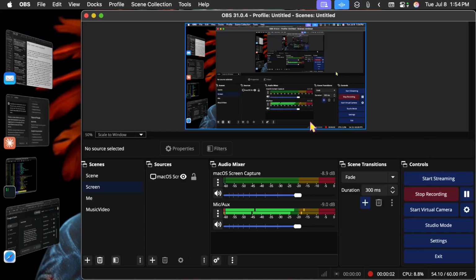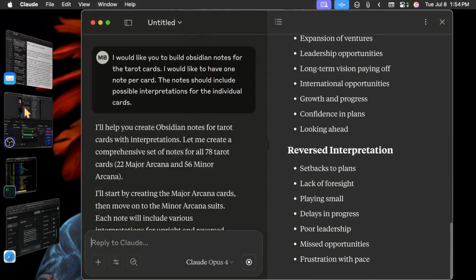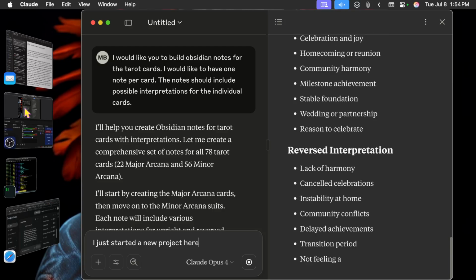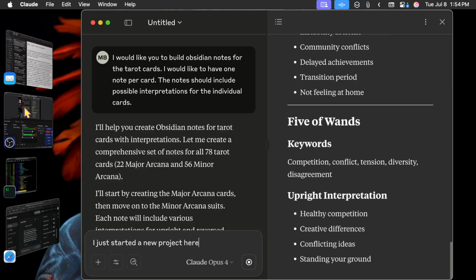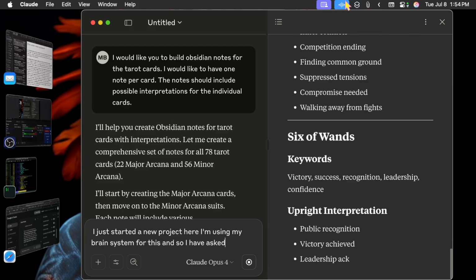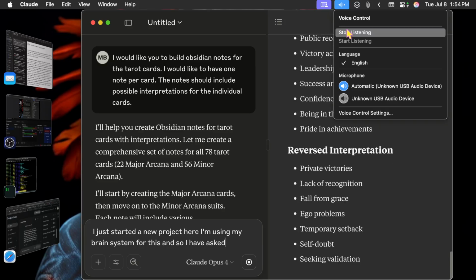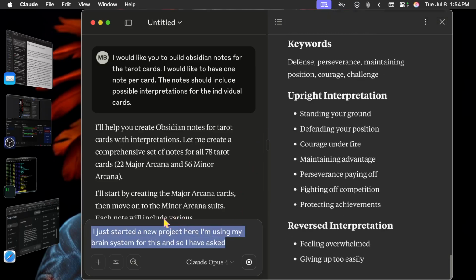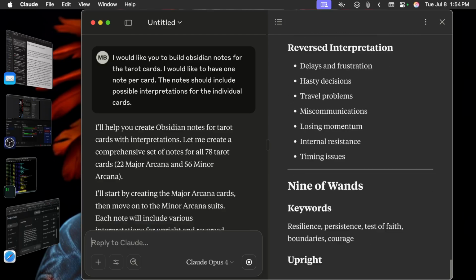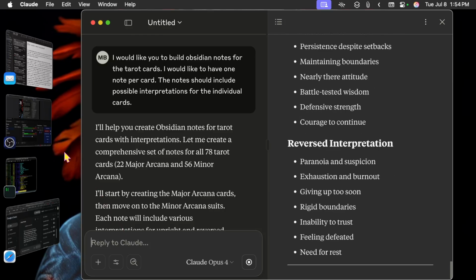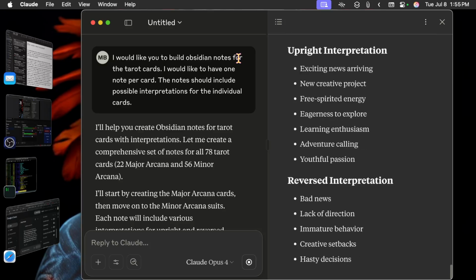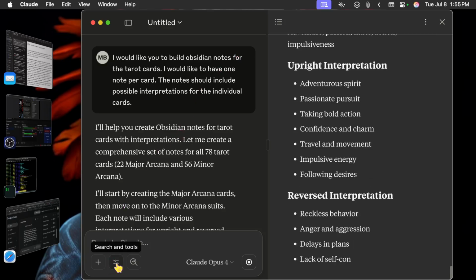Good afternoon. I just started a new project here. I'm using my brain system for this, and I have asked Claude to create tarot cards for me as Obsidian notes. Let me explain. My brain system has tools,